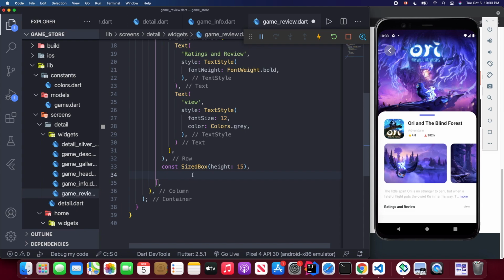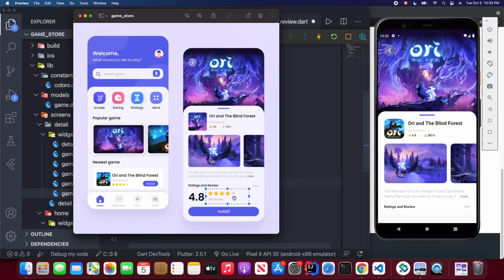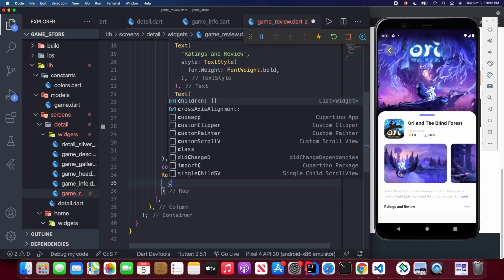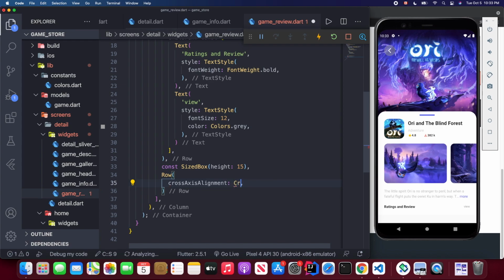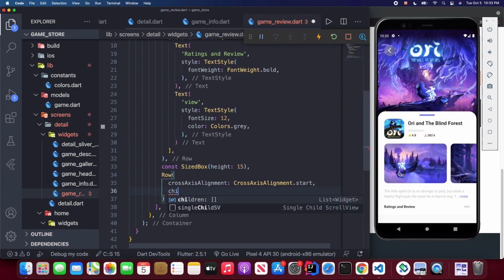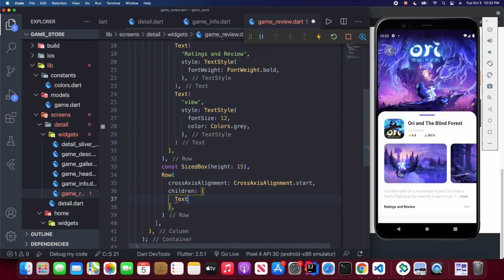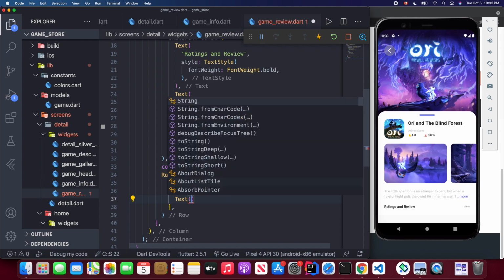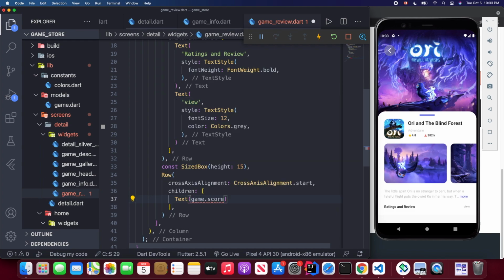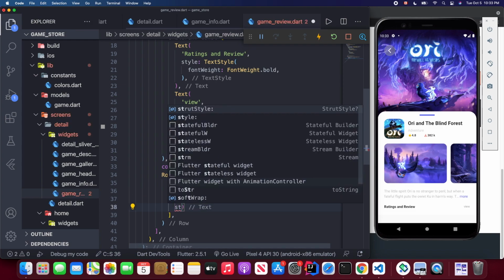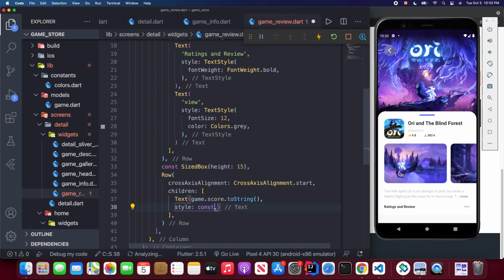So let's create another row widget. First we're going to set this cross alignment. It should be start, align start. Okay, and next would be its children. So first child will be a text, game.score.toString, and we can style it, constant text style,